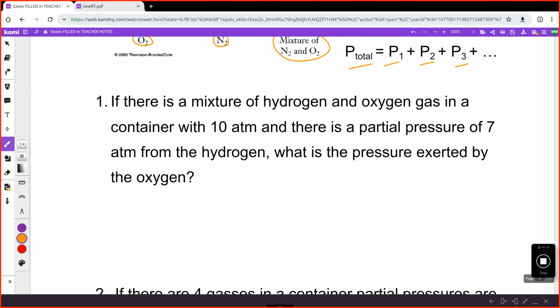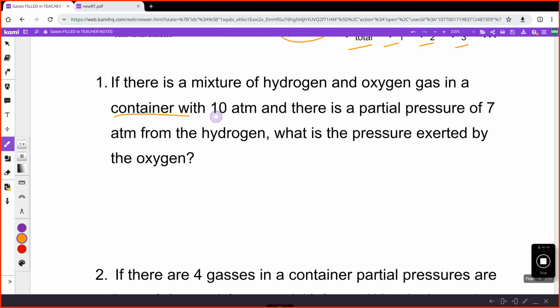So we'll just look at these two examples. If there is a mixture of hydrogen and oxygen in a container, and that container has a total of 10 atmospheres, and then we have a partial pressure of 7 atmospheres coming specifically from the hydrogen, what is the pressure exerted by the oxygen? Well, if the mixture is 10 and the oxygen is 7, then the mixture is a sum of the,